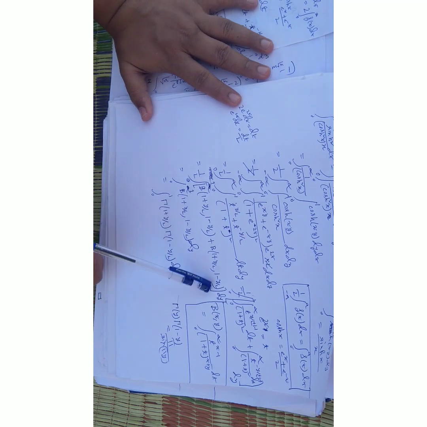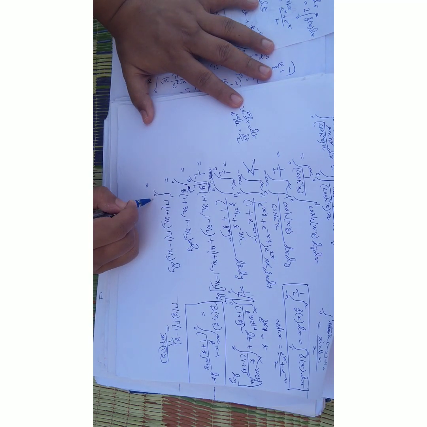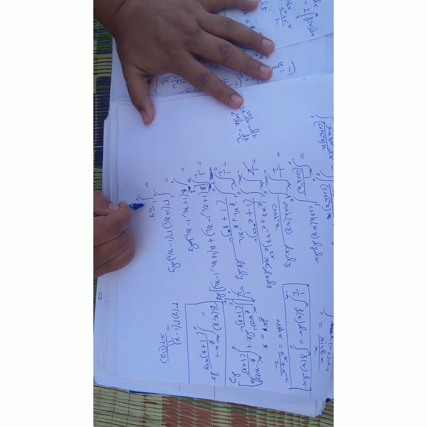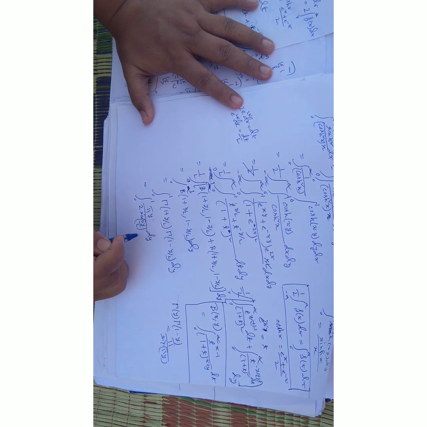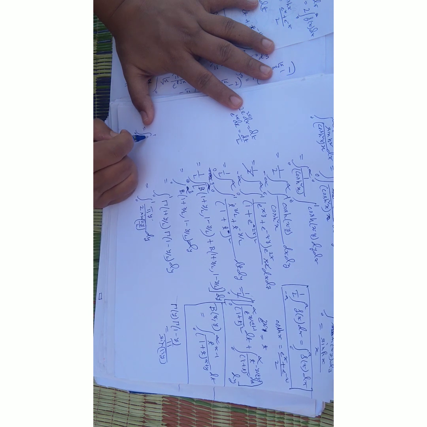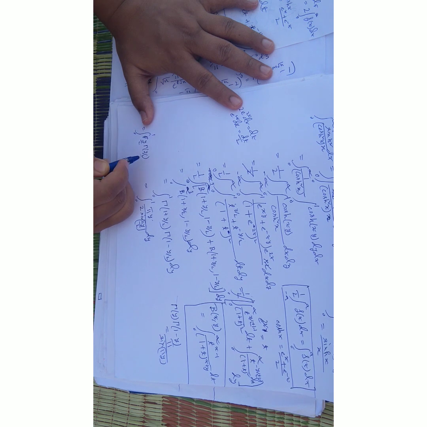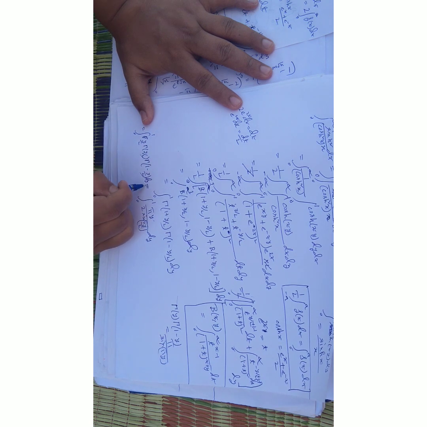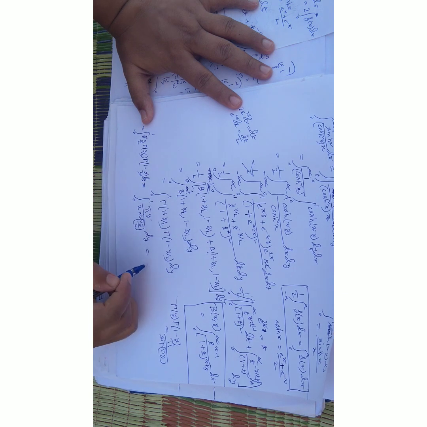So whatever I want, I can write this from 0 to 1 as pi y by 2 divided by sin pi y by 2. How? Because it can be written as the integral from 0 to 1 of gamma(y by 2) into gamma(1 minus y by 2) dy. It can be written this way.